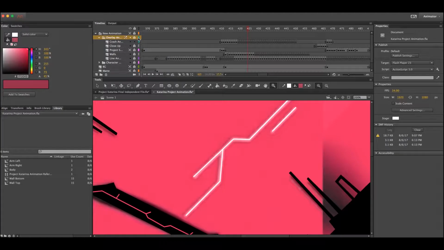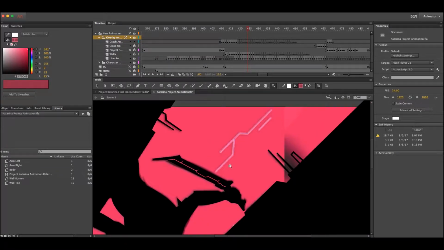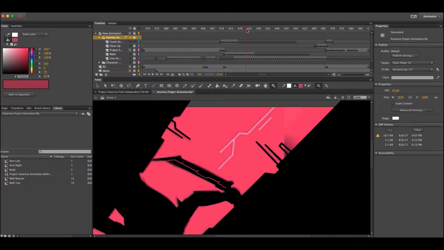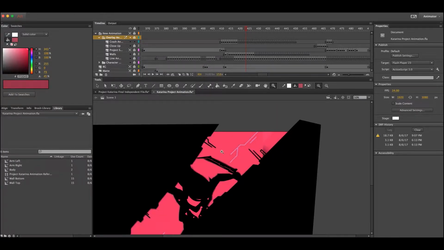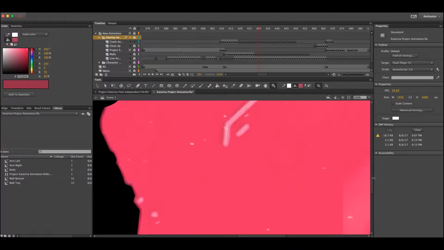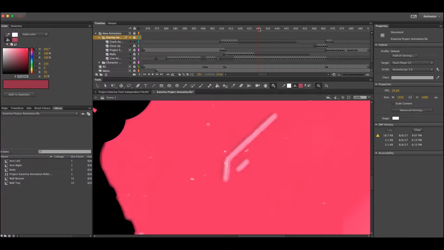Since we are importing it directly into the timeline so that we can sync our frames up perfectly with the original movement, we will be drawing the new frame directly on top of the original, but on a layer above. When we zoom in, however, things become a little less crystal clear. Some of these little bolts were left up to interpretation and may have gotten lost in the transition between the